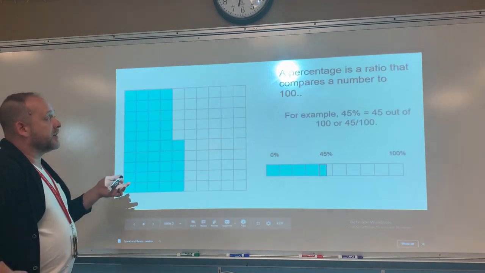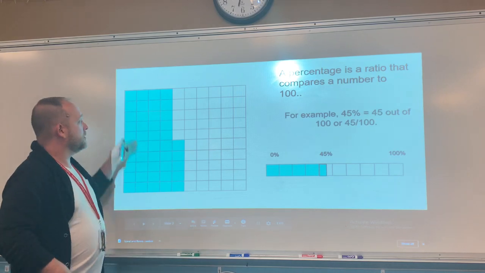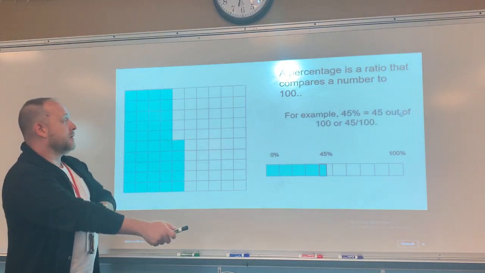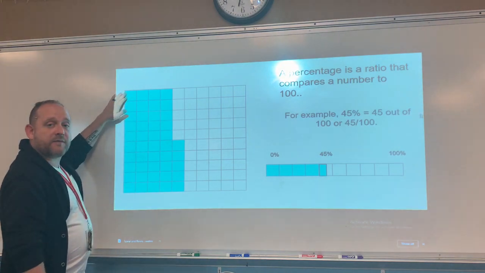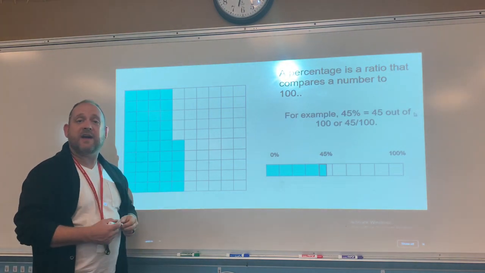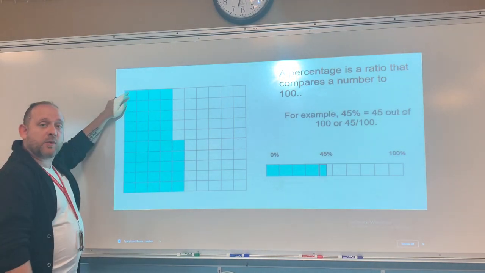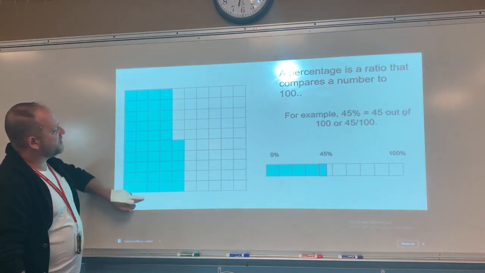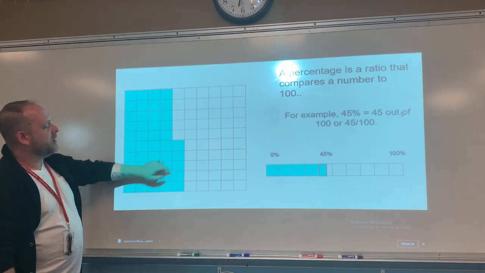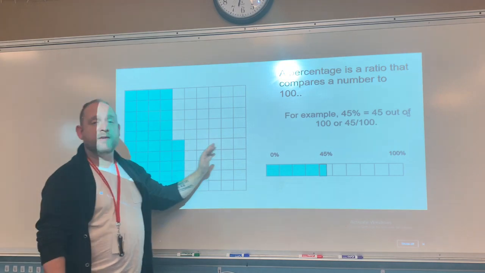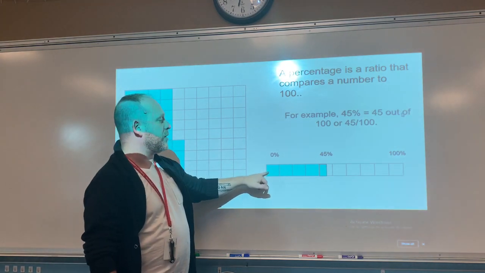All right, so here we have a chart showing 45%. Again, this 45% just means we have 45 out of 100 pieces of something. So if you look here, this is a typical 100s chart. We have 4 rows of 10, which is giving us 40, and then an additional 1, 2, 3, 4, 5 pieces. So 45 out of 100 pieces,